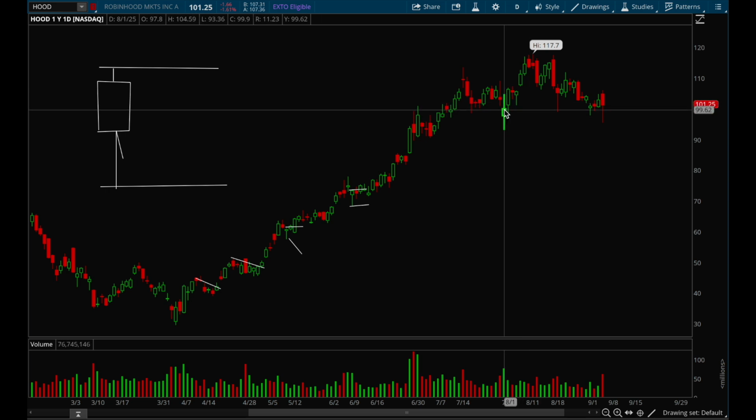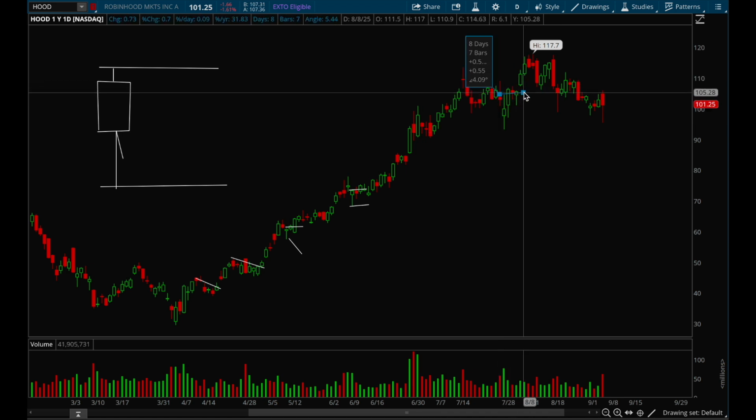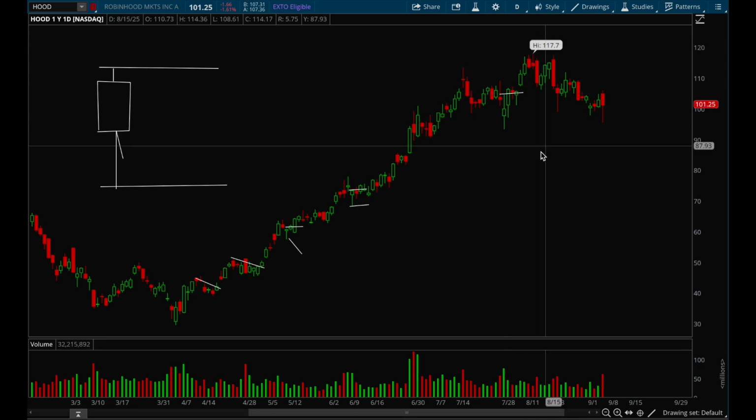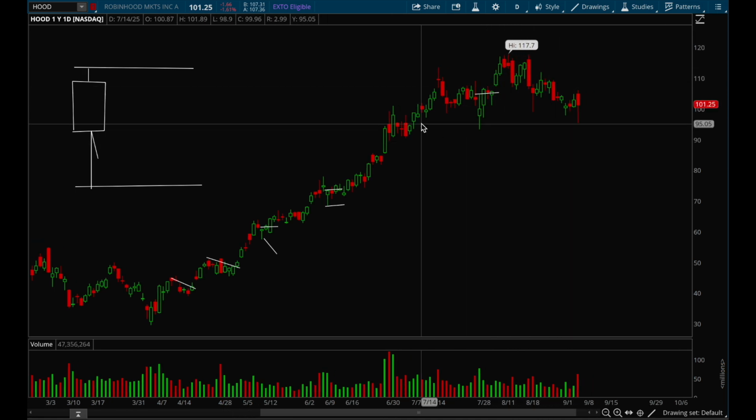And then again, here Hood forms. This is not the best hammer candle because we didn't get the best close, but technically this is also a reversal setup, right? As soon as you take out the high of day, it's buyable, right? And then you can make a quick move from 104 to 117 in a couple of days, which is pretty solid for like a 5-day move, right? So yeah, those are a couple examples with Hood of how well this hammer setup or hammer reversal setup